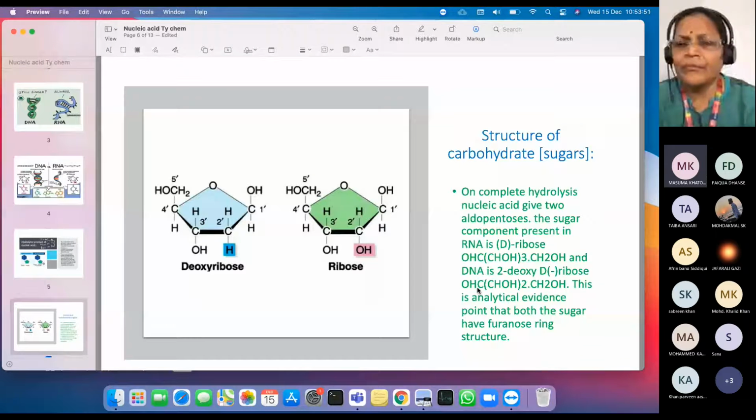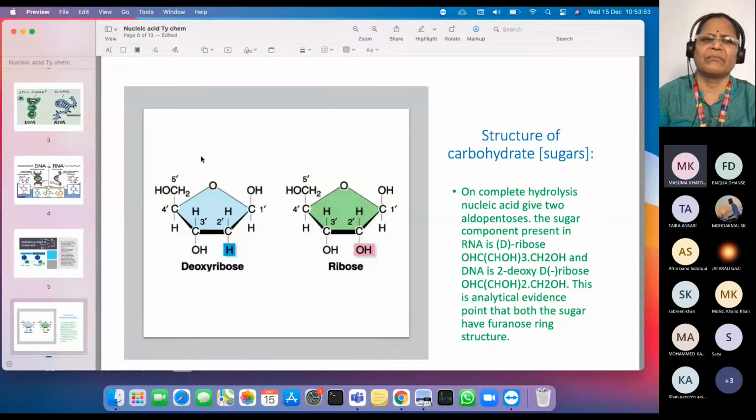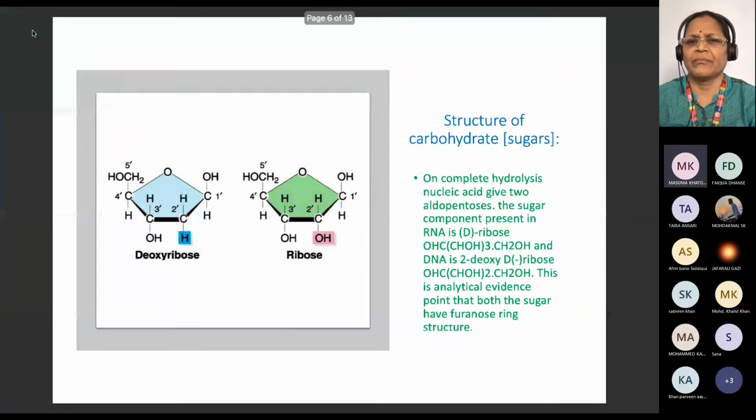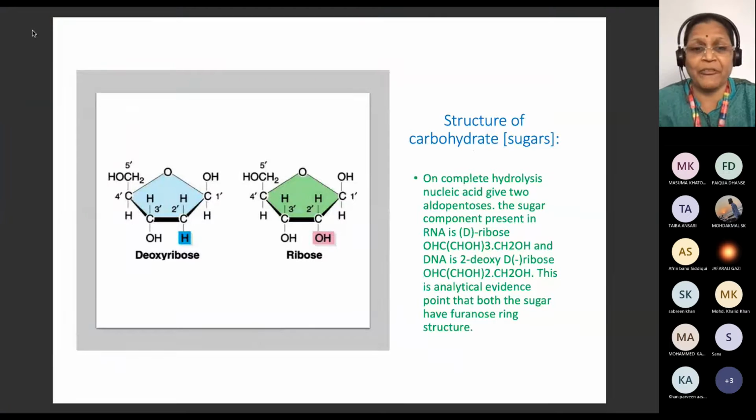Nucleic acid on hydrolysis gives nucleotide. Nucleotide on hydrolysis gives nucleoside. Absolutely correct, Masuma. Very good. Now you have said the perfect line. Now my next question. Nucleoside consists of, last one, ATS. Nucleoside means base plus sugar.